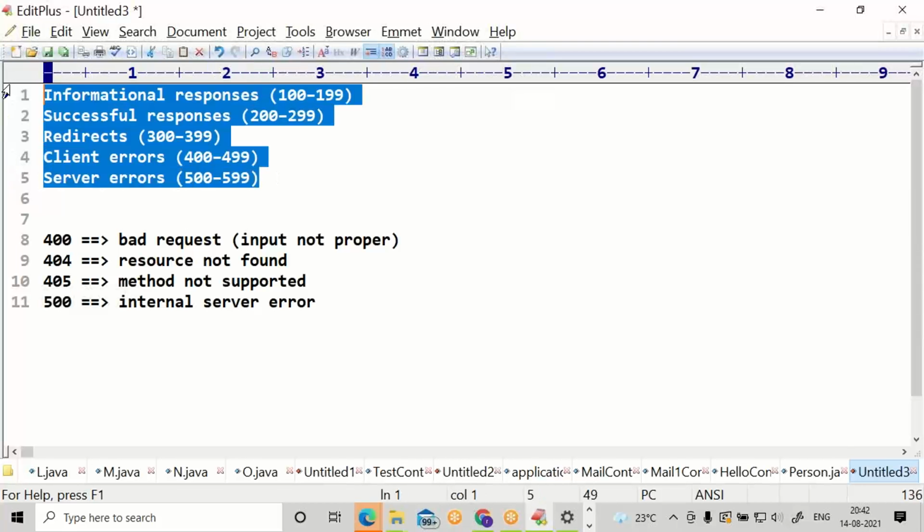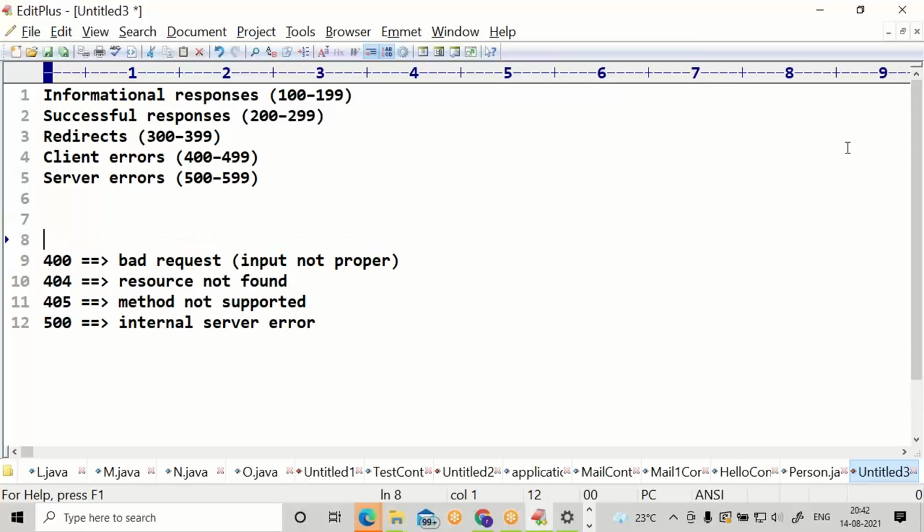These are the status codes, error codes available from 100 to 599. Please observe. Among these, there are very important numbers every developer should know.